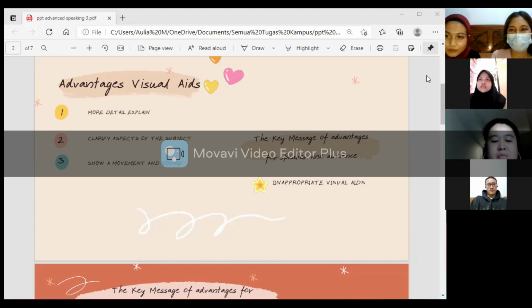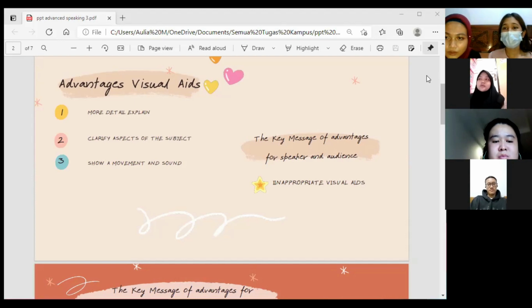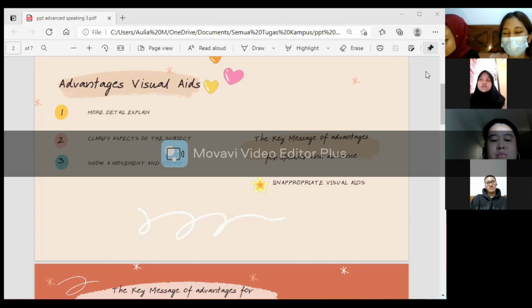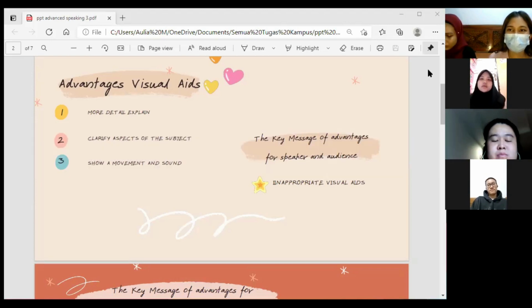The third is if a data projector is used, movement and sound can be included. The key message will be reinforcement, and this is an advantage for the speaker just as much as for the audience.